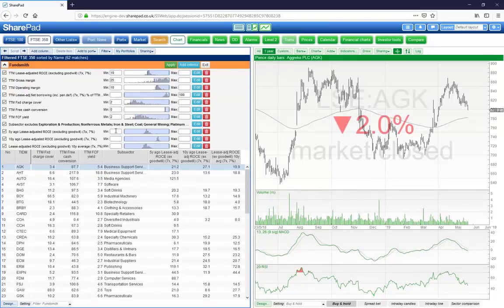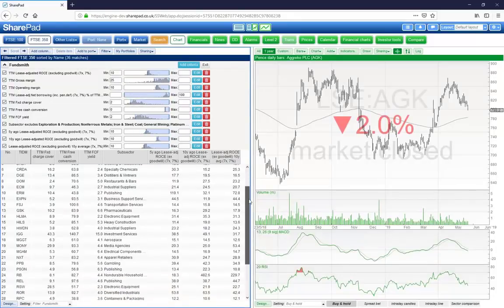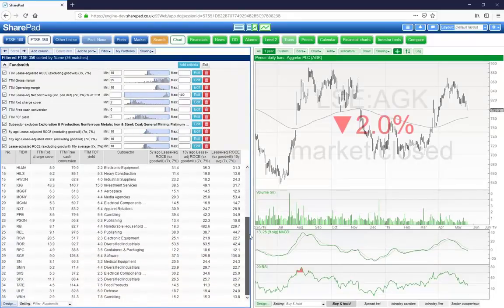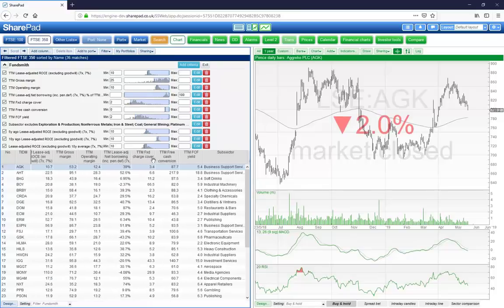And now we can set our 3 values. So again, we want them all to be at least 10%. We'll hit apply, and here we are. We hopefully have eliminated all of the stuff which is probably not very good from FTSE 350, and we're left with 36 shares, which is significantly less work than 350 shares. Now,